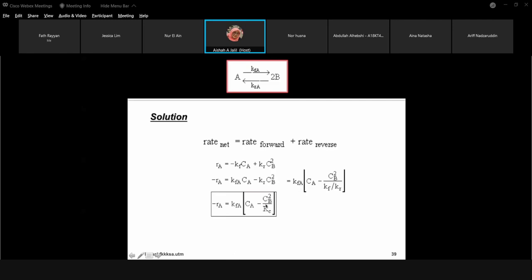And then this is capital K, KC. Why KC? Because we use concentration. If you use pressure, here you have to use KP. If you use pressure, you can convert P to C by using PV equals nRT or P equals CRT, that's the ideal gas law, or vice versa. You can change C to P also.